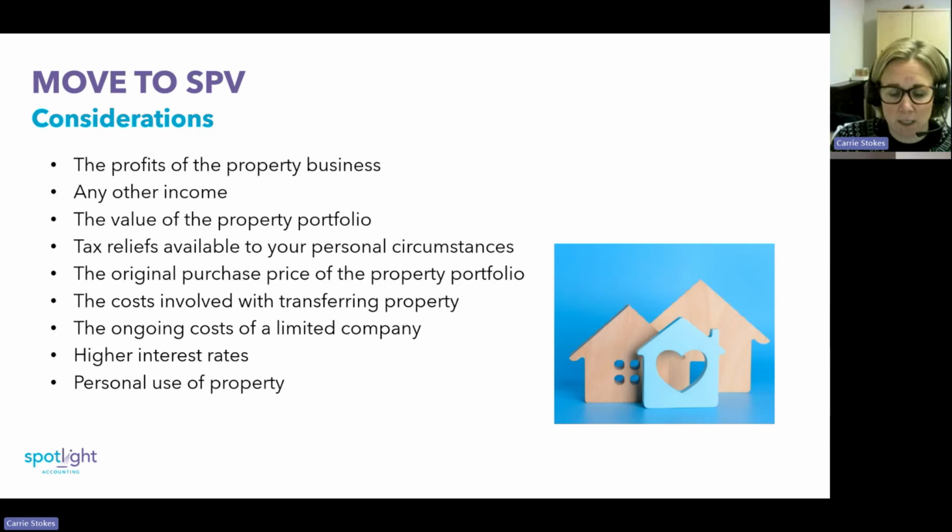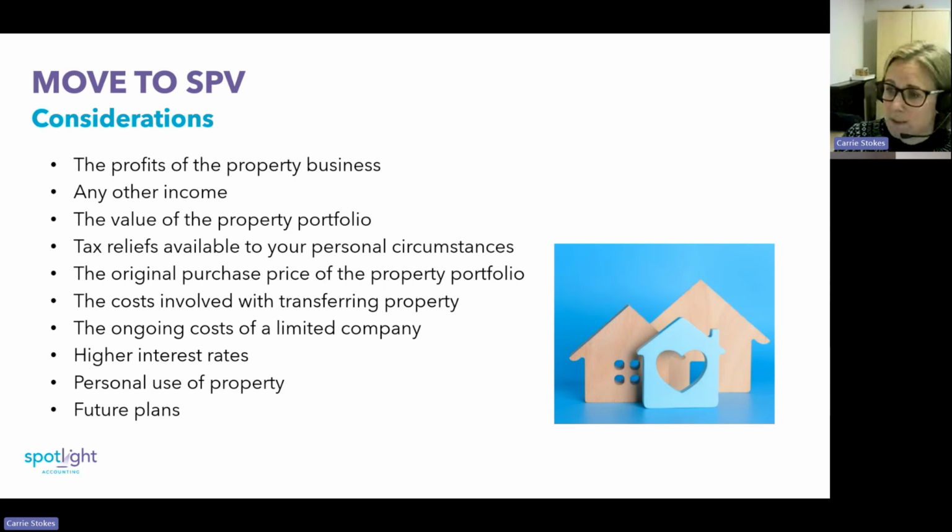Likewise, if you've got a normal residential property and it's something you're looking into retire into, you know, a property that you could downsize into, if it's within a limited company, you're going to end up having to pay rent for it because it's not in your name, it's in that separate legal entity.